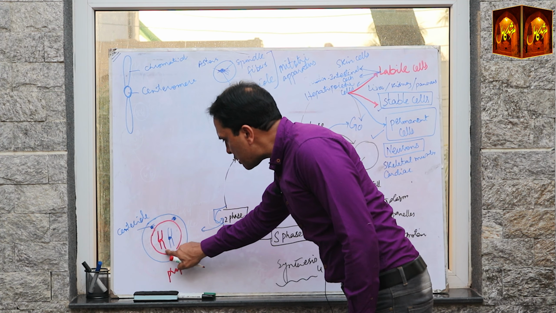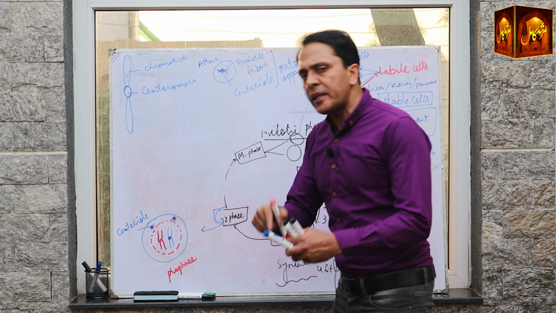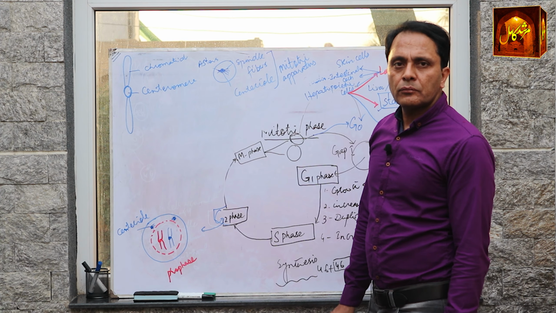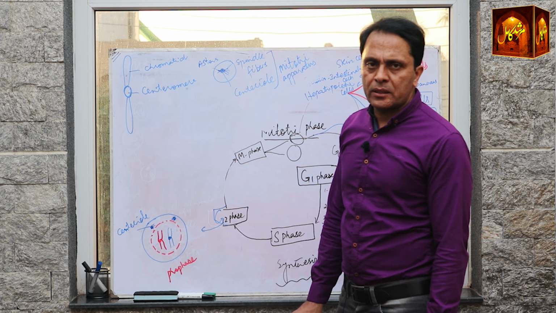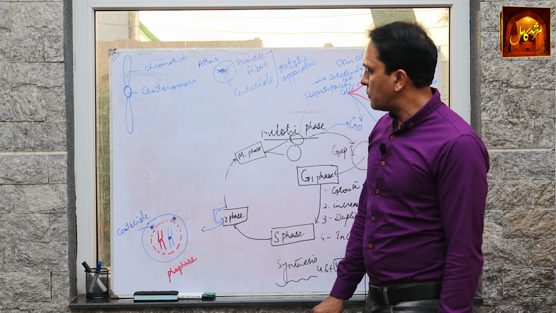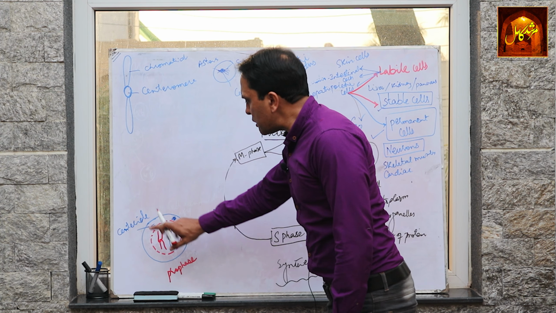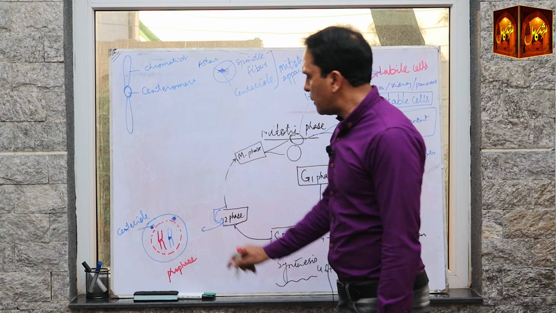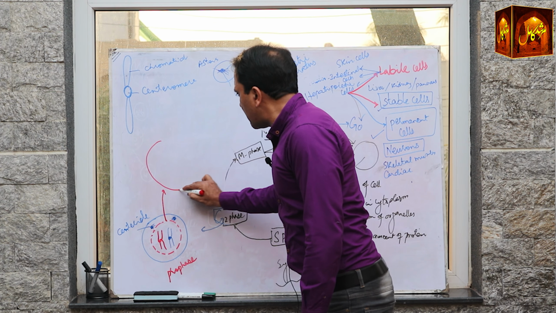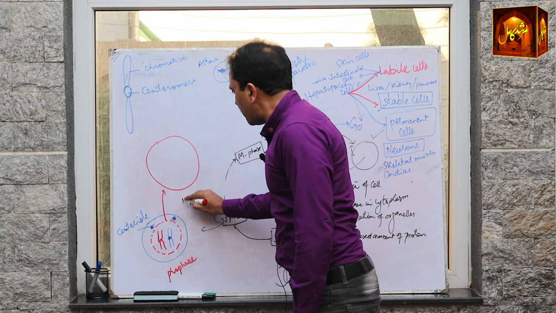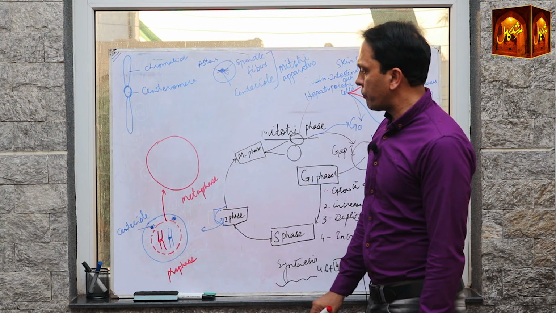When it is phosphorylated, it means it starts disappearing. So the breakdown of the nuclear membrane will start, and finally, this membrane will disappear, and when the cell enters the next phase, that is called metaphase,